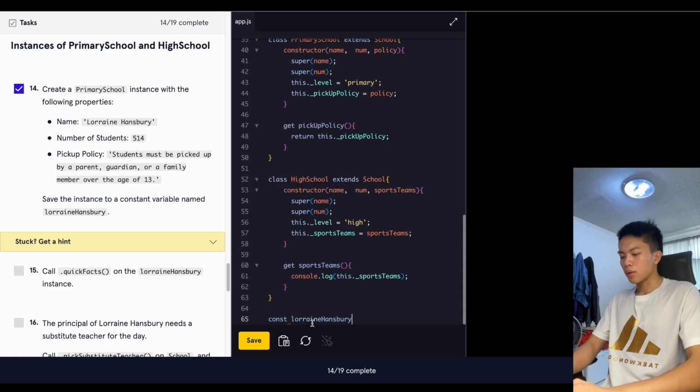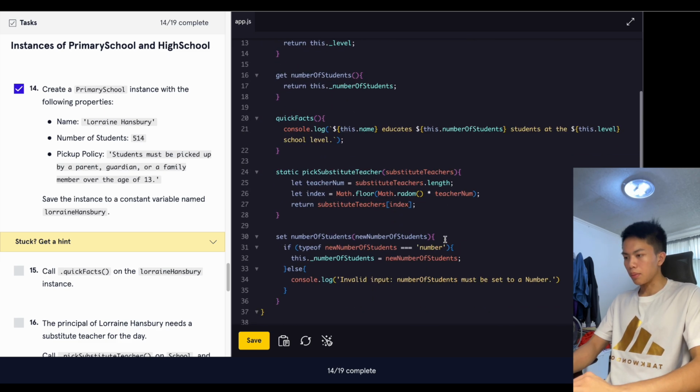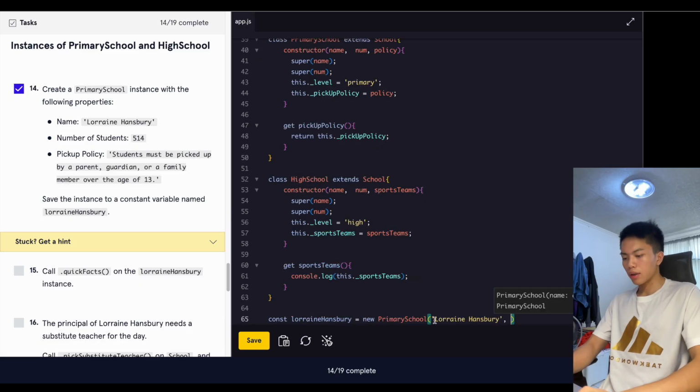And it will be a new instance from primary school, new primary school, and we can pass in the arguments that we expected, which is name, and for primary school, name, num, and policy, 514, and the policy here is